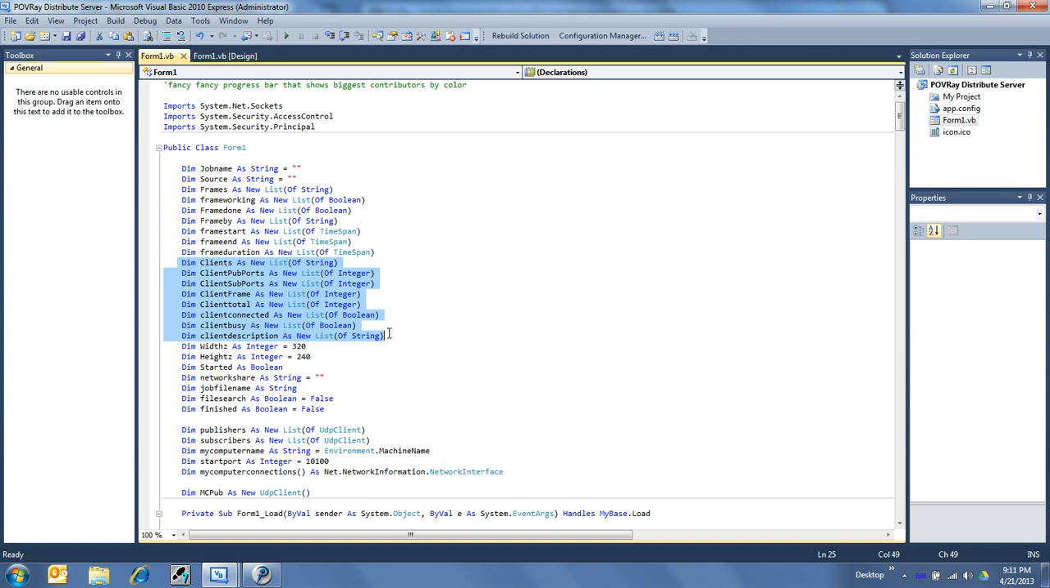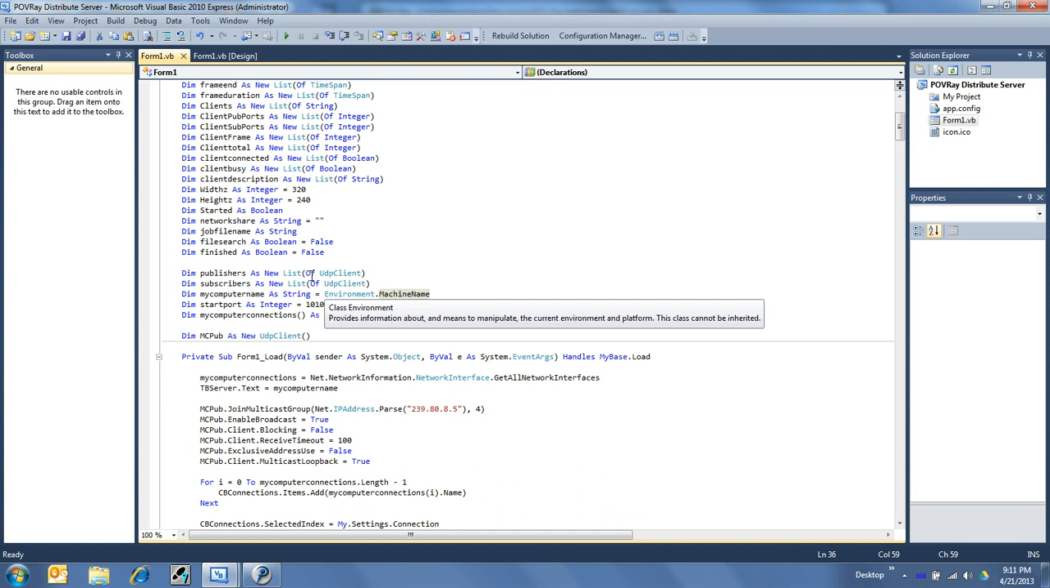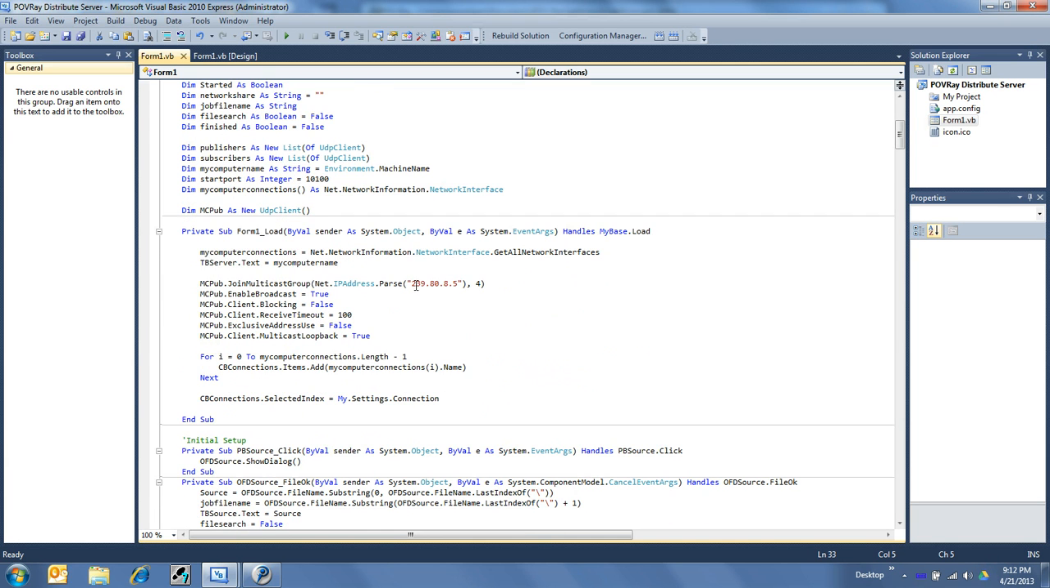And so the same thing with the client stuff. I have all the client stuff held in these. And then I have just some other basic stuff. And then down here I have the UDP connection information. So I have publishers, subscribers, my computer name, the start port, and the network adapters. So on the start of my program, I pull all the network adapters, I get my own computer name, throw it into a text box,